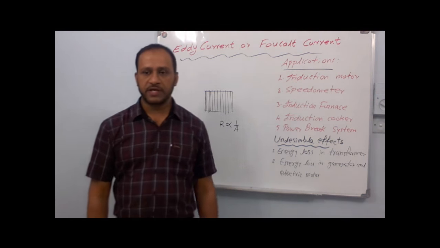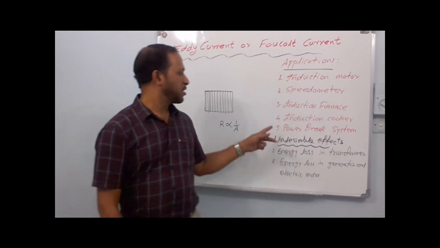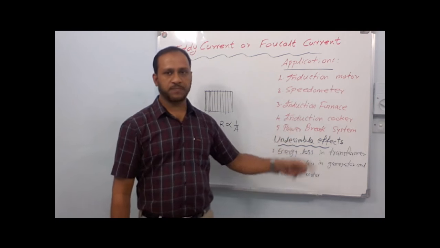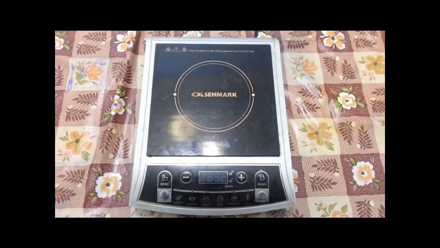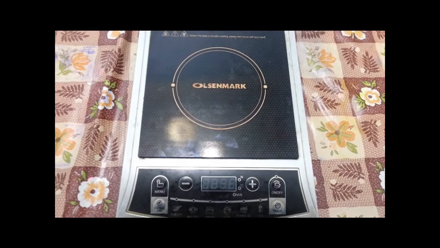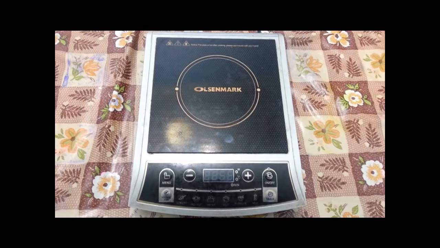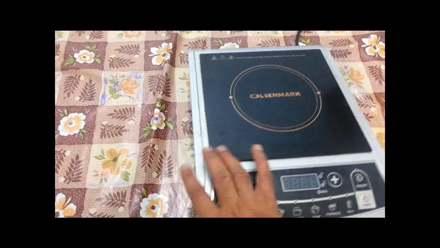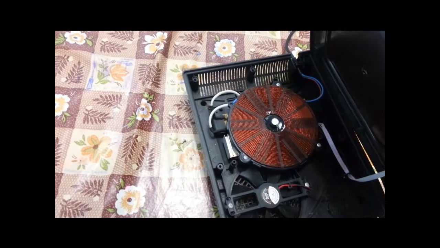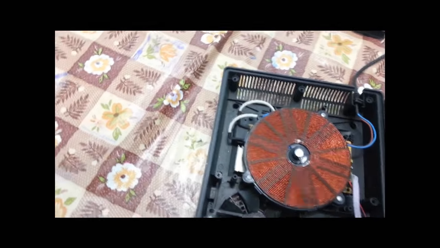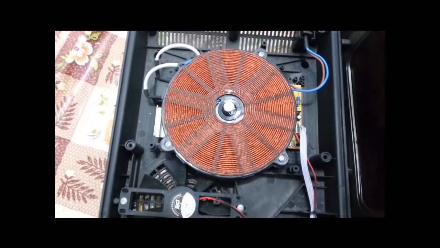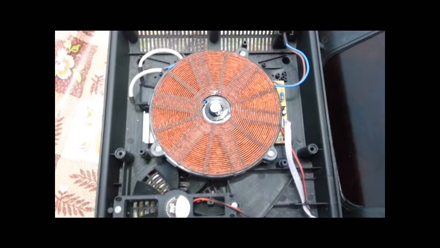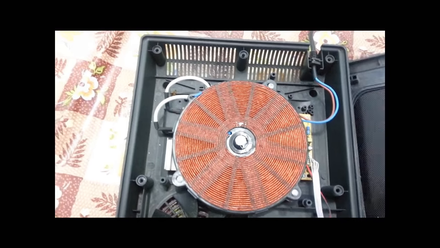Now we can see in detail the working of the induction cooker, which is very common in our kitchen, and also the power brake system. This is an induction cooker which we commonly use in our kitchen. If I open the outer cover of this induction cooker, you can see that the main working part inside is a coil. This is the copper coil which provides a varying magnetic field,